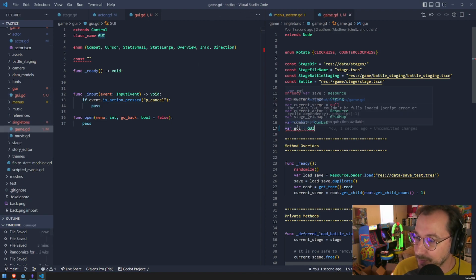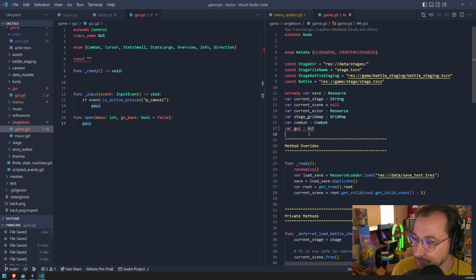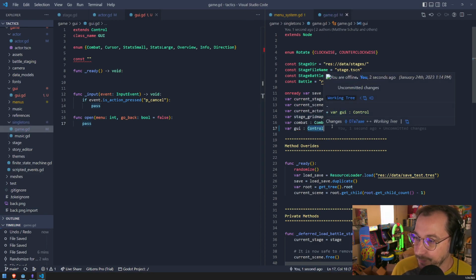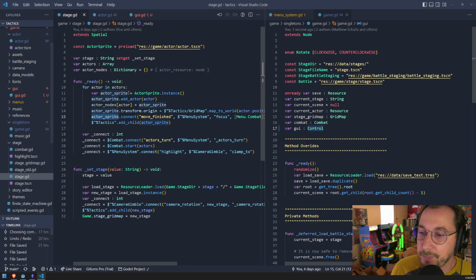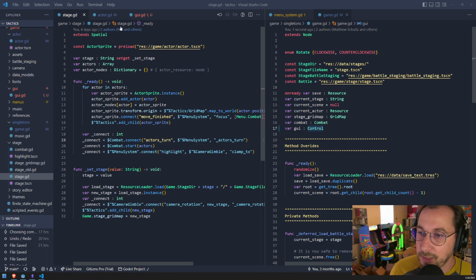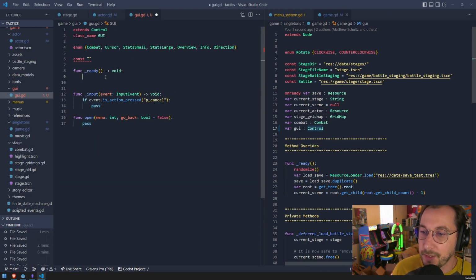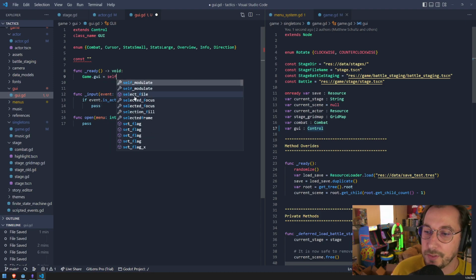Can't we just do this? What are we mad about? Class GUI couldn't be fully loaded. Cyclical dependency. Okay. Well, anyways. So when we set up the menu system, I guess what we'll do then is in ready, we'll just say game.gui equals self,